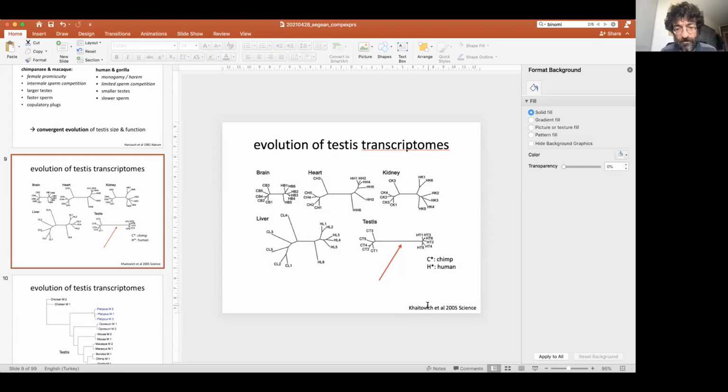And these guys, he happens to be an early ex-PI of mine. He and his colleagues studied gene expression in humans and chimpanzees in different tissues, as you see, 5 tissues. The trees reflect how much gene expression has diverged among individuals, and the distances indicate total divergence.